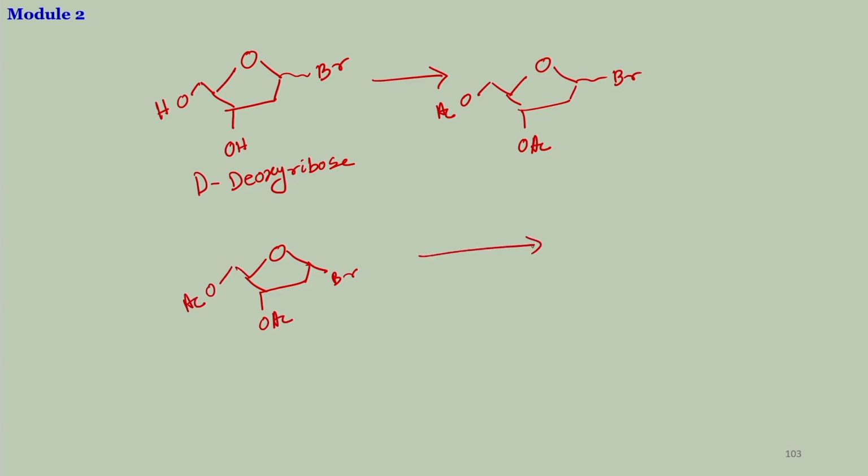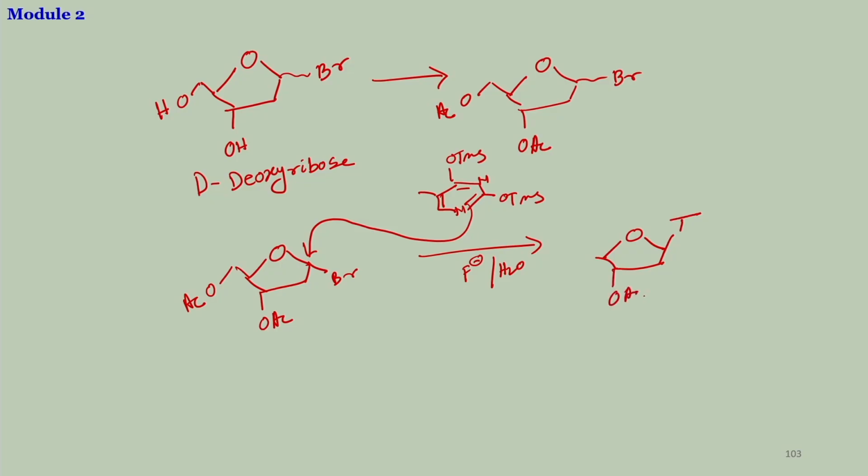So, if you want to have the desired beta anomer, then you are going to start with the specific alpha anomer, alpha substituted bromine of this position, and then you treat it with the thymine. Just giving the example, OTMS, and these same conditions. Then you have a little bit of fluoride or water, either of them you can use. Then it is going to be a pure SN2 kind of reaction where your nucleophile will attack. Since this is down the plane, your nucleophile will attack on the opposite side, that is the up the plane. You are going to get the thymine up the plane,